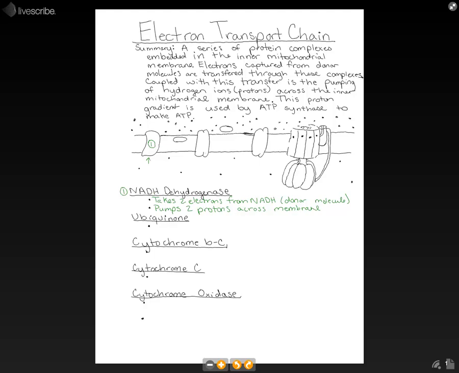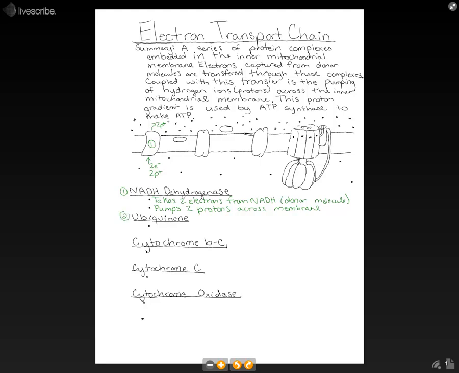So we're going to take in 2 electrons and 2 protons. And it's going to spit those 2 protons out up here. And then we'll talk about the electrons here in a second with our second protein, which is more of a